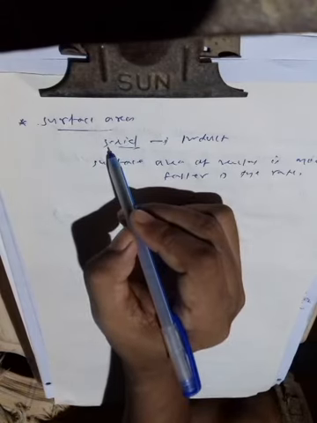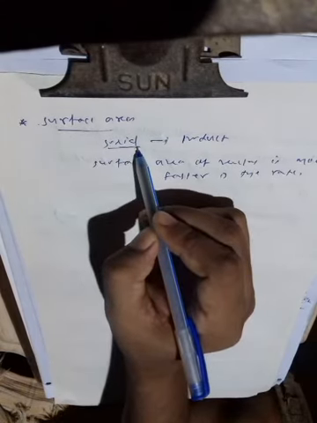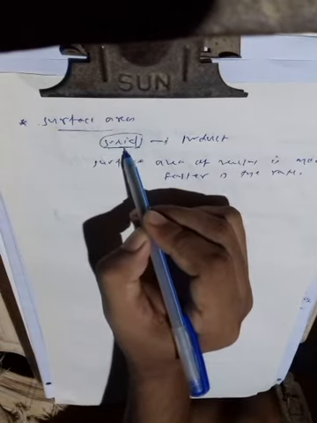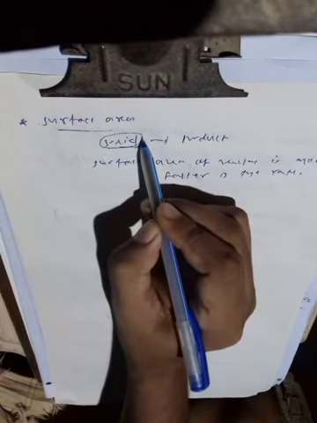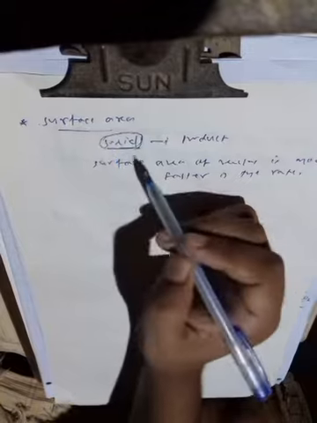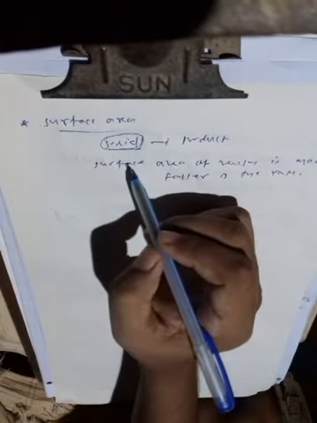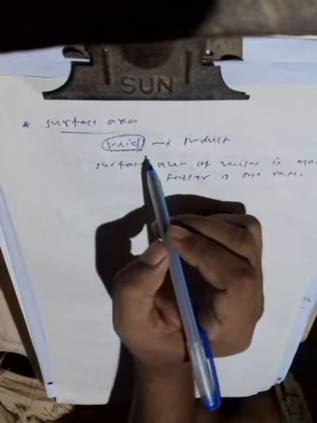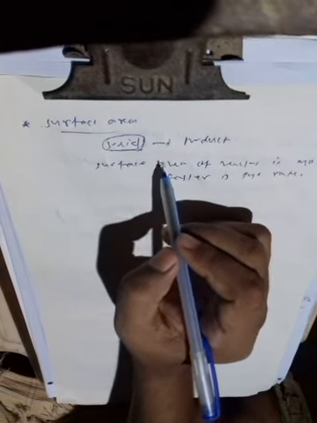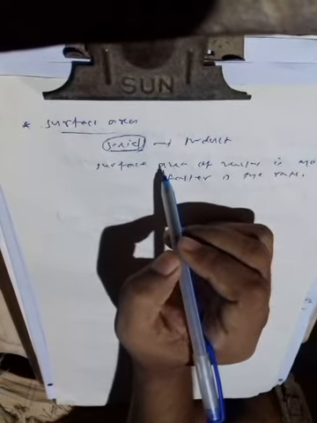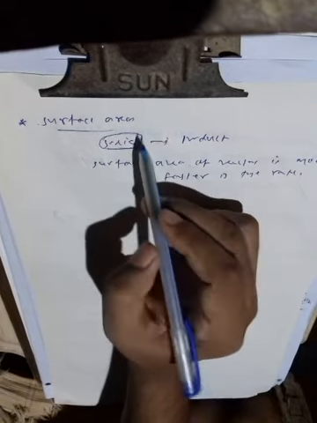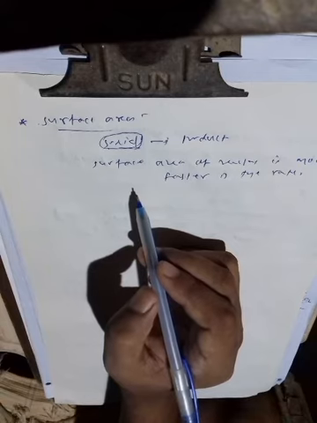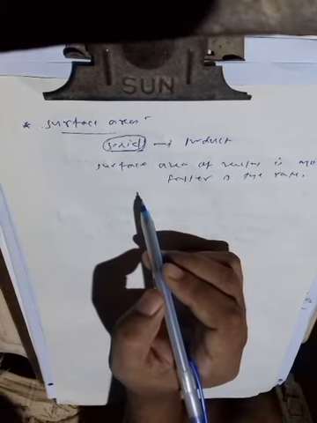When a solid substance is taken, its rate is not so fast. When the solid substance is broken down into pieces, the reaction occurs very rapidly, and the rate becomes faster. So this is the surface area. When more surface area is available to the reactant, the rate of reaction is faster, and vice versa.